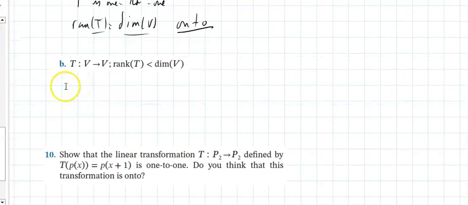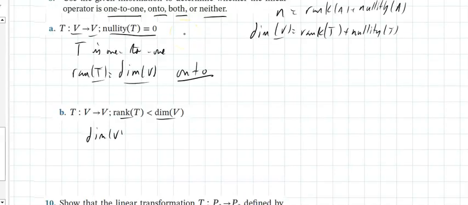On B, if the rank of T is less than the dimension of V, that means the rank of T is less than the dimension of V. We say the dimension of V equals the rank of T plus the nullity of T. Now, if the dimension is greater than the rank, well,